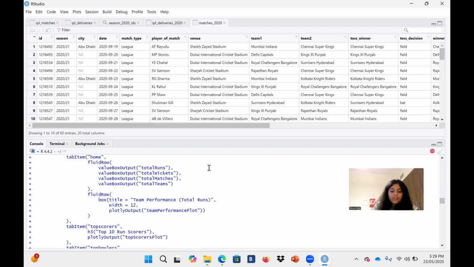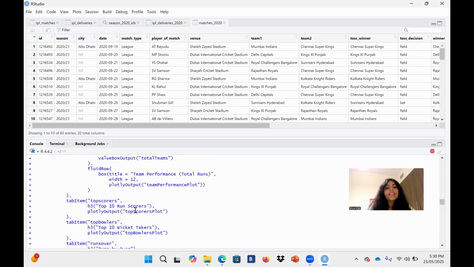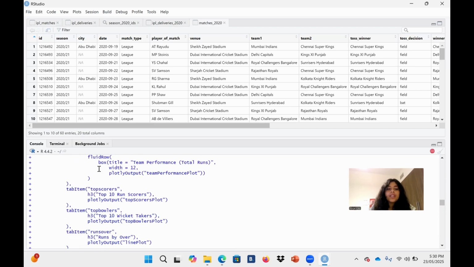So I wanted to give in my home page a different kind of perspective to it. Like I wanted different boxes to be present consisting of the general total statistics of the entire year, not going to a particular team or particular attribute, but in general, like total runs, total wickets, total matches, total teams. So this was my general idea. So for that, I'm using value box output. Then I'm using fluid row and I'm doing a box of title team performance, that is total run,